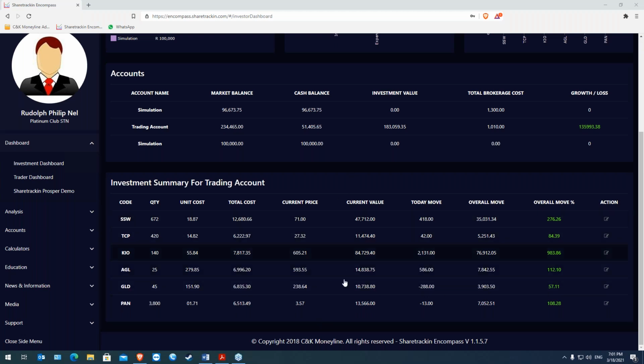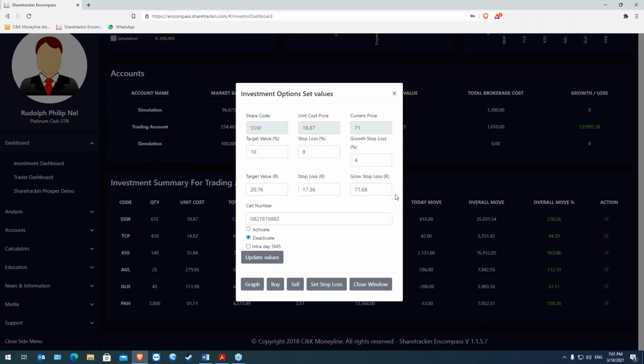So, for instance, this is my list of shares, and if I wanted to set up a stop loss, let's say for SSW for Sibanye Stillwater, what I do is I go to my right hand side, right over there, where it says action, and I click on action over there. Okay, so I've bought the share now, and I need to go and set up a SMS notification. Now, the first thing it gives you is the share code with the unit cost price, which is basically what I paid per share, the current price, what the share is currently worth,